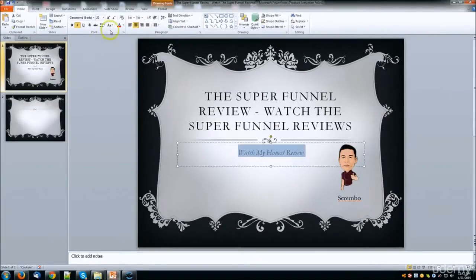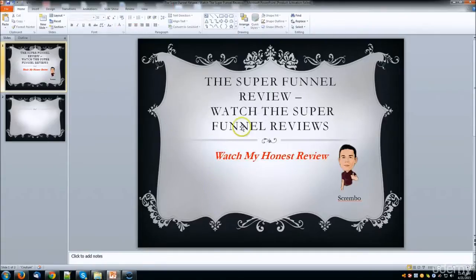You can give it a color like this, so you can make it bold, a little bigger, right? You can have some design over here. You can do different things. This is about the slide, and it needs to look honest. It needs to look like a normal person did it, not a professional graphic designer. You don't need to do professional graphic things, because that makes it look like a business. That does not make things look honest or legit. It's more to the business, more to the making money when you work in professional things, in this case by creating reviews. Now this is your first slide.